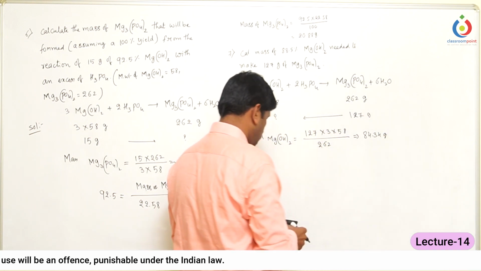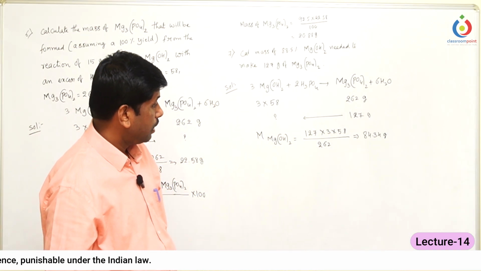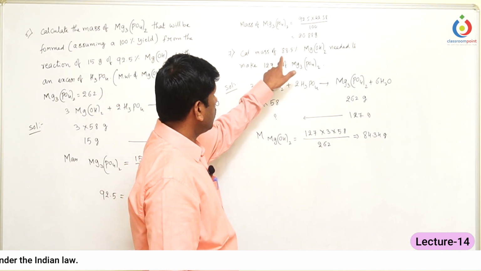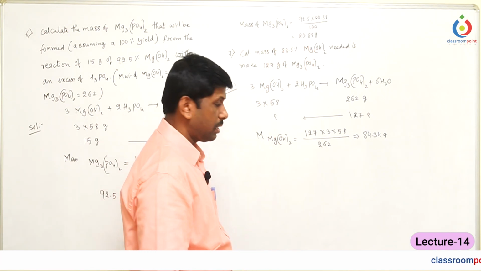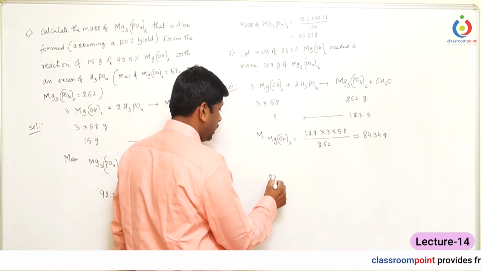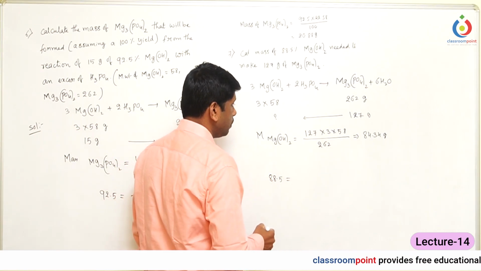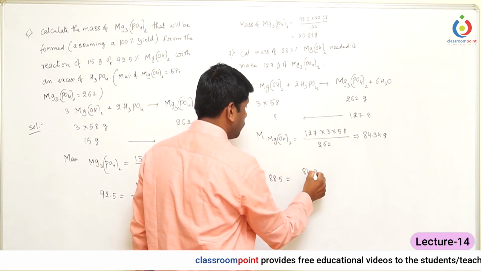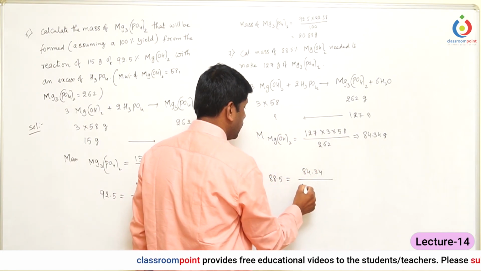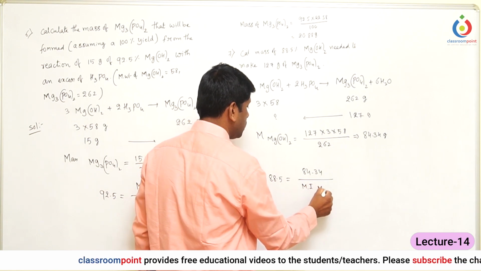84.34 grams of pure substance is required. But they're asking for the impure compound. Remaining is impurity. Only purity is 88.5%. So here 88.5 is equal to... So here pure compound, how much was there? 84.34 grams, and mass of the impure magnesium hydroxide